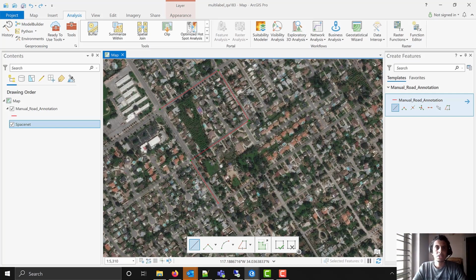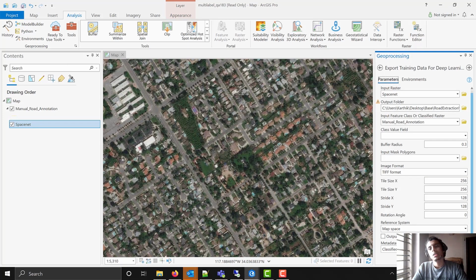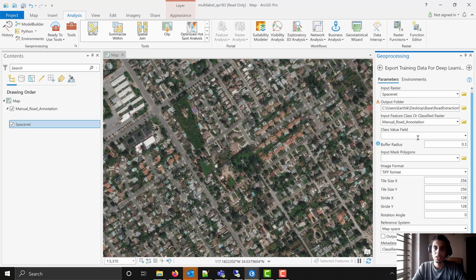For the purpose of this demo, we are going to use the data from SpaceNet, which is publicly available. We export the data from SpaceNet using the Export Training Data for Deep Learning tool. Here we export the data in Classified Tiles format, and we provide the cell size as 0.3. When we click on Run, the exported data will be available in the folder we have provided.